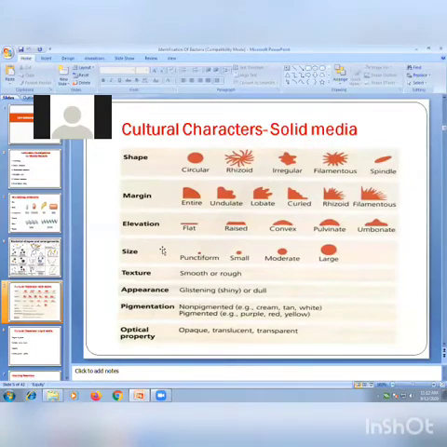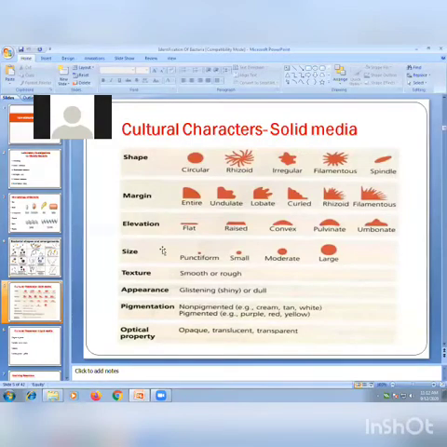Then the umbonate colony, then the ambonate colony. Umbonate means the center part is raised, and one more is there, umbilicate: the center part is lower, exactly opposite to the umbonate. So umbonate and umbilicate, you write that here too. That picture is not there. So the center part is on the lower side.